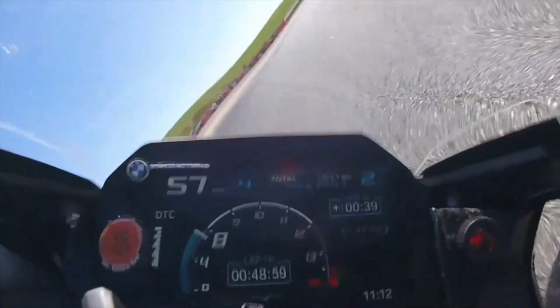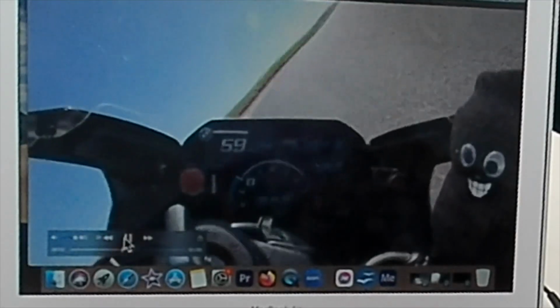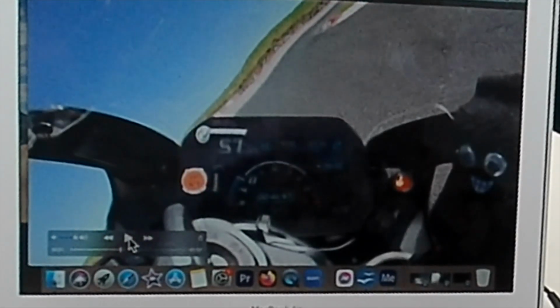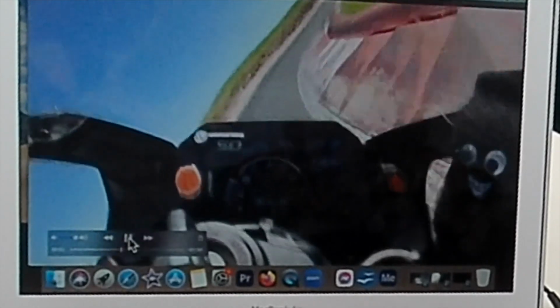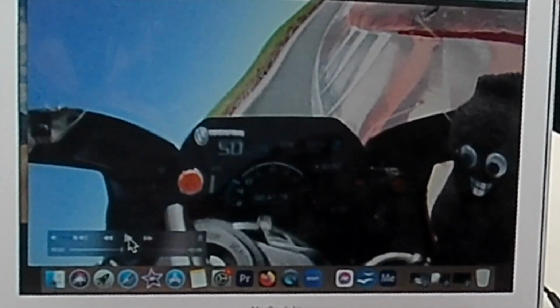It tightens up, a fairly sharp, acute right-hander onto effectively a back straight, so it's important to get a good drive onto the straight. It's not a momentum type corner, it's much more arrive, get the thing turned and fire it out. Now what I was actually looking at there was from where I finished braking to where I picked the throttle up, which is quite close to the apex. How long is that? Can I improve that? Can I get onto the throttle a little bit earlier, or can I brake deeper into the corner?